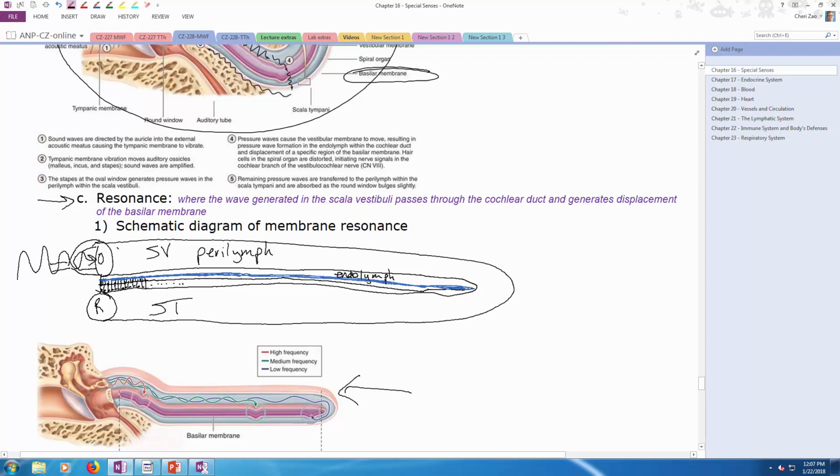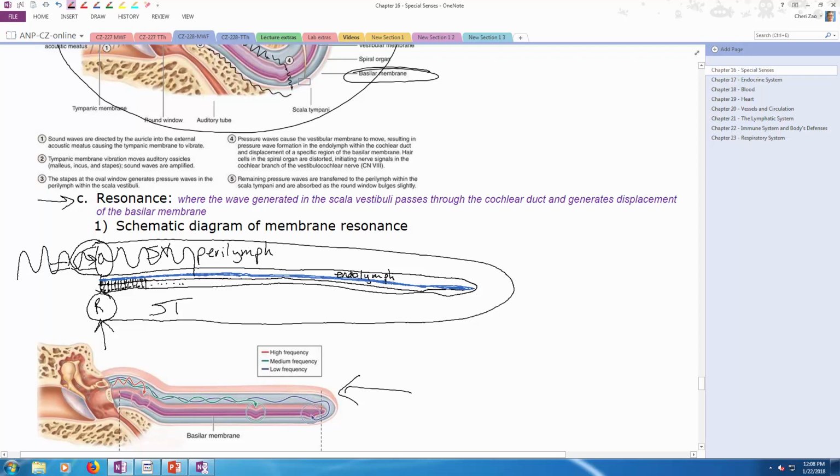And it will then push on the oval window at the same rate that the tympanic membrane is vibrating or oscillating back and forth. This will spread then because we have now this overflow or relief valve with the round window. It will allow a fluid wave to be created, and a fluid wave will be created in this